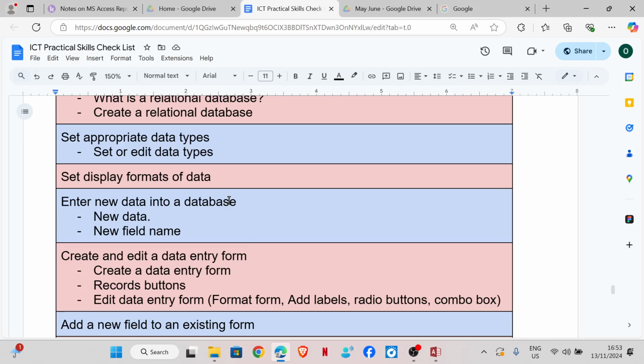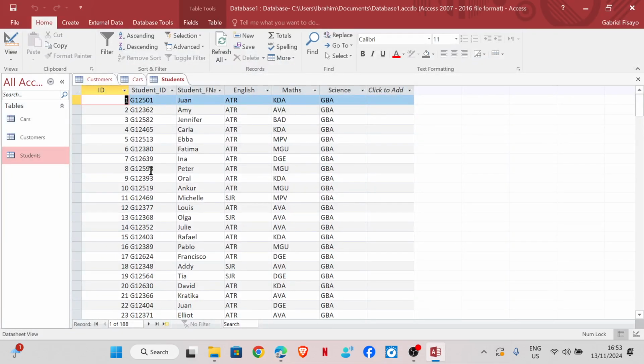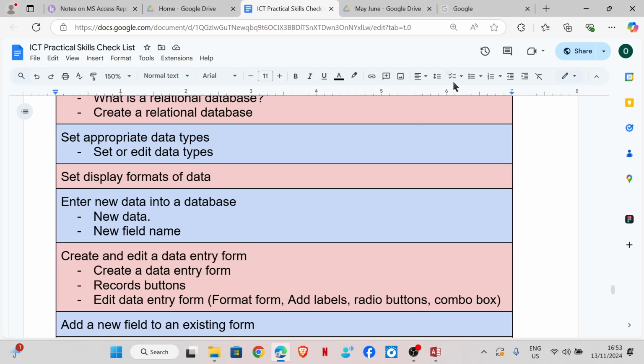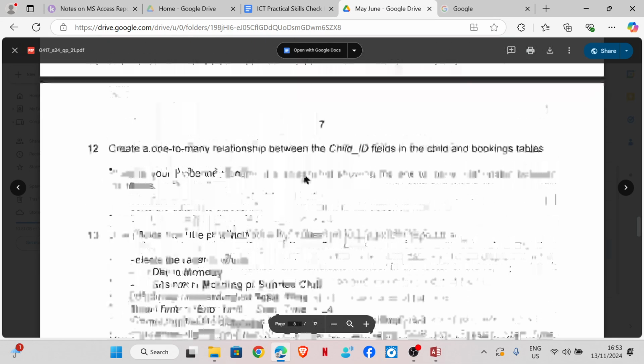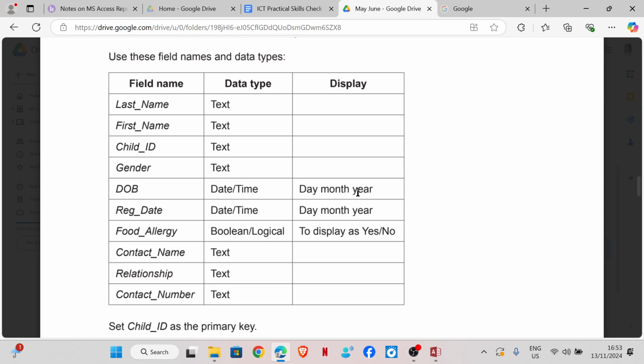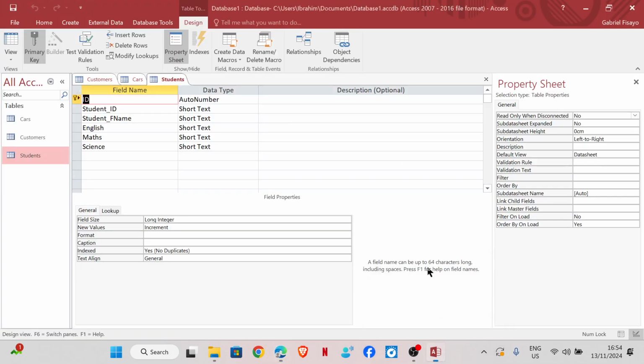So that is all for data types. Now, how to set the display format of a data type. To set the display format, you can go to design view. I'm going to show you an IG question. Let's say you have a field name like this, the data type. For example, date of birth should show according to day, month, year, and Boolean should be yes or no. So what you would do is